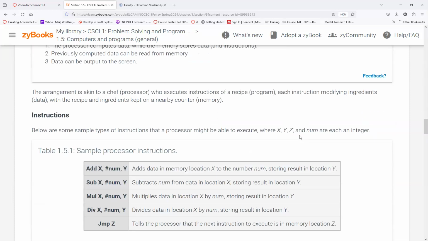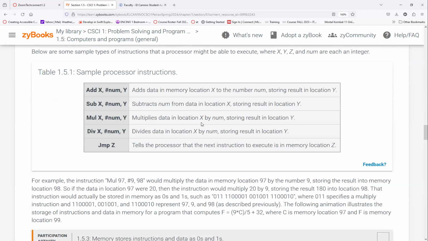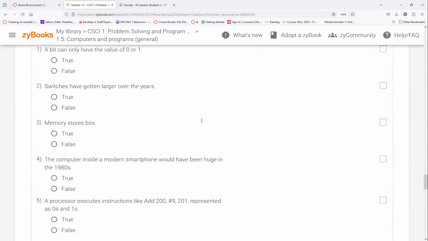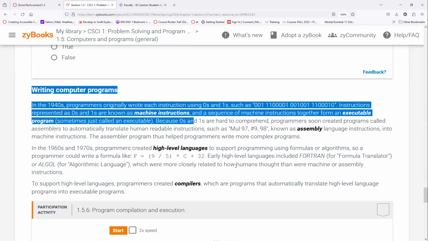So I want you guys to study this. This part talks about instructions and low-level instructions. You can study these and you can finish them. This part of your zyBook talks about